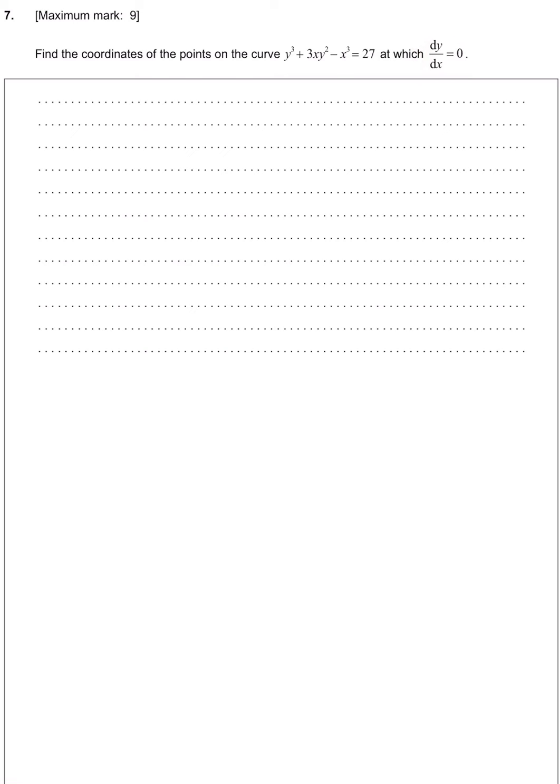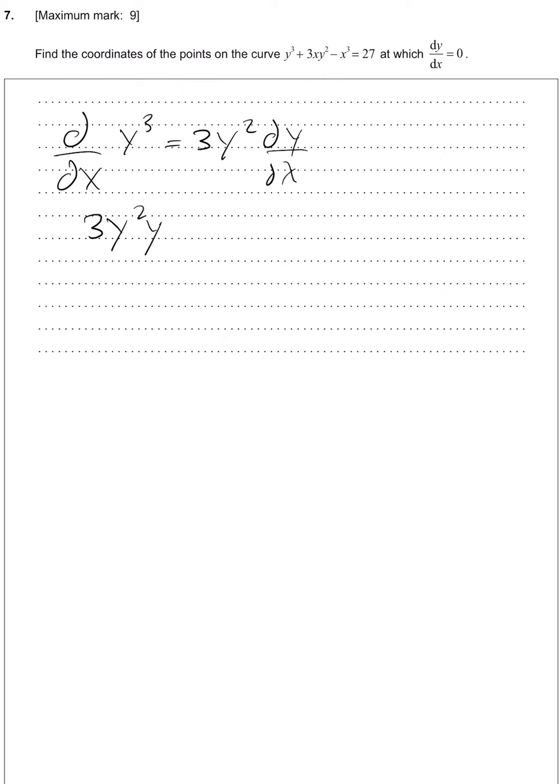So if we start by deriving both sides with respect to x, now the derivative of y cubed with respect to x, I don't know what it is. It's 3y squared times dy/dx, because I don't know how the derivative of y relates to x, because y is not defined in terms of x. All right, so the whole thing is going to be